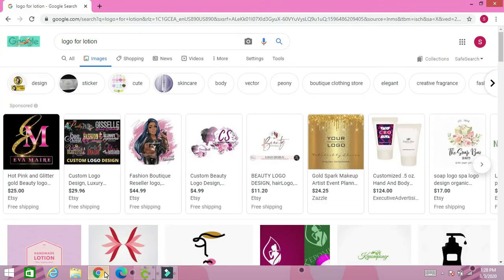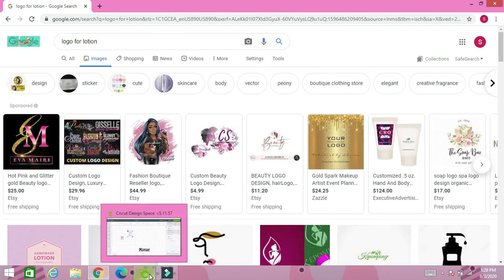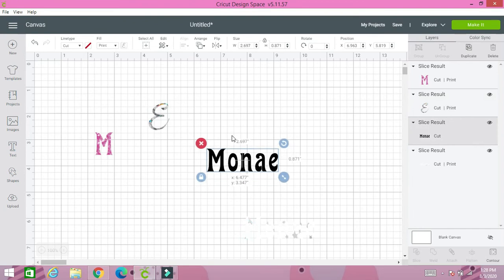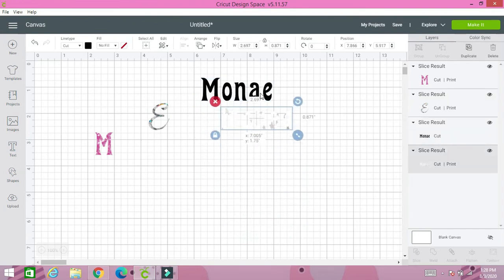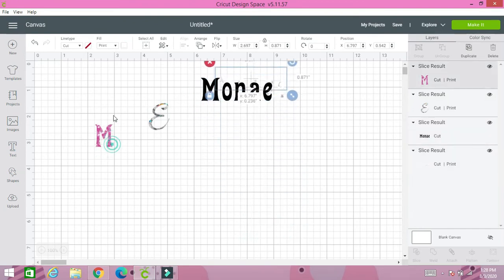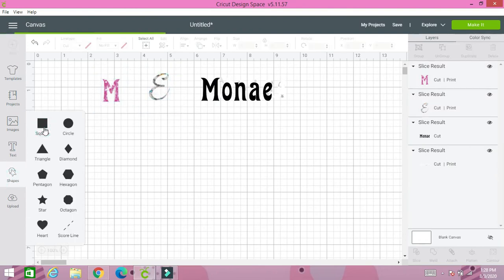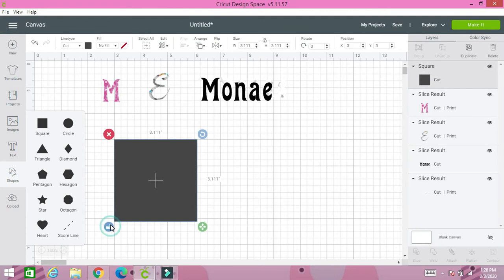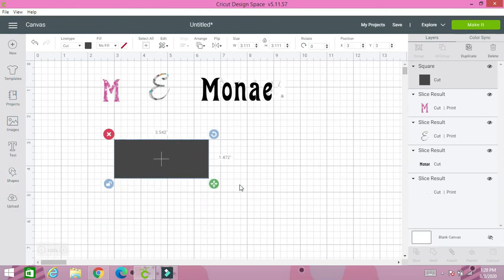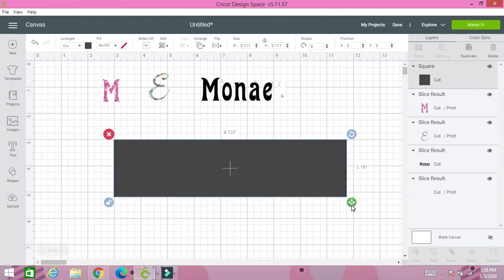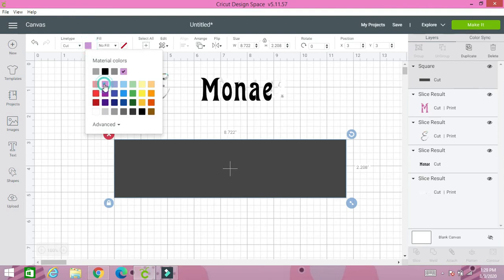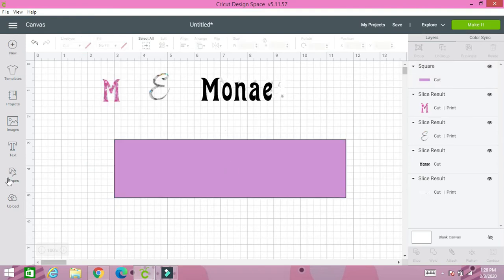So let me look at the picture. Okay. So I have the E, the M, and my two Monets. Okay. So now I'm going to go to shapes, and I'm going to get a square, unlock it to resize it. Go to shapes. Okay, so